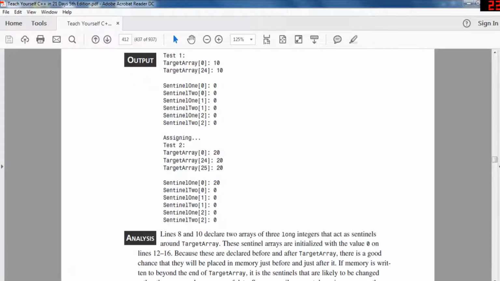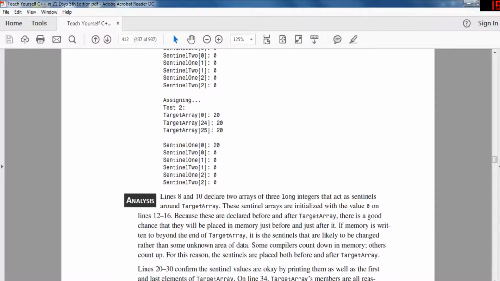So let's see what happens. Okay, for their output, they actually got,